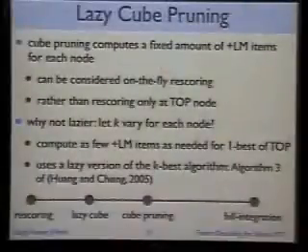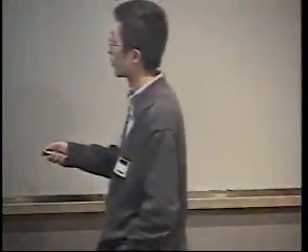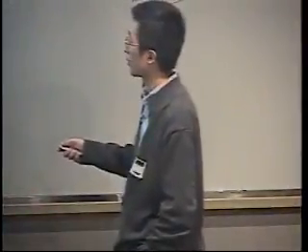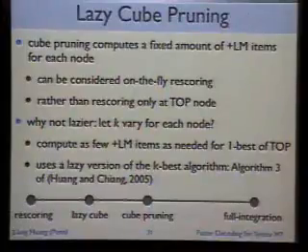But the question is, why not lazier? Why don't you compute a fixed amount, an arbitrary k, of LM items for each node? Why don't you let k automatically vary for each node? So for some nodes which are more ambiguous, you let k be larger, and for some nodes that are really clear, they just need a very small k. So our goal is to compute as few LM items as needed for the one-best derivation of the top